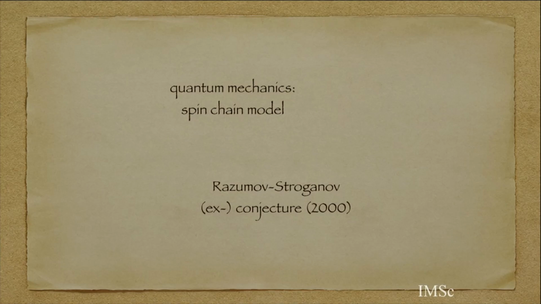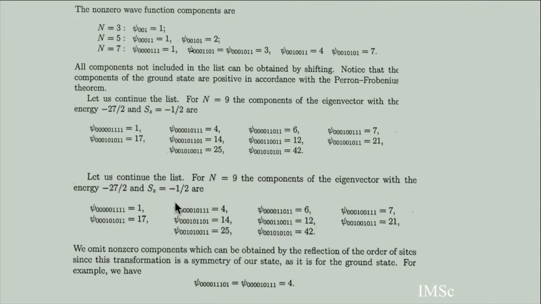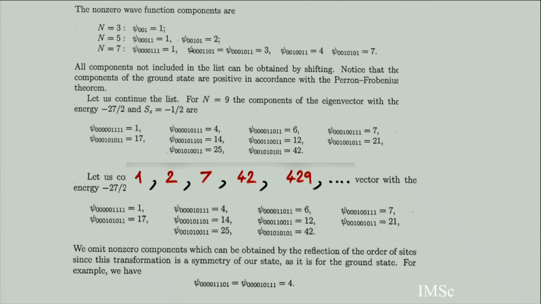In 2000 came the famous Razumov-Stroganov paper, where in this paper there is a spin chain in combinatorics, the XXZ model. You remember there was this paper in Lyon with some polynomial interpretation. So it's again the XXZ model, and then there is some polynomial, some wave function. If you go to the right normalization, you have some integers. And if you look at the integers carefully, then you can see 1, 2, 7. Then the Alternating-Sign matrices appear again in this problem, with nothing to do a priori with combinatorics. So Razumov-Stroganov, and then in this paper they get some vector, which has integer entries.